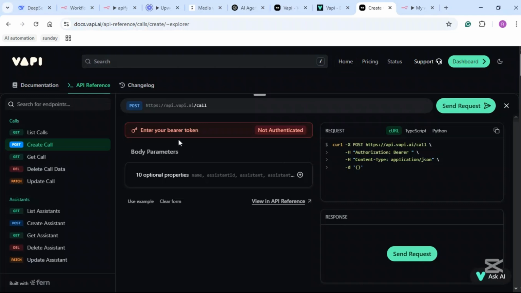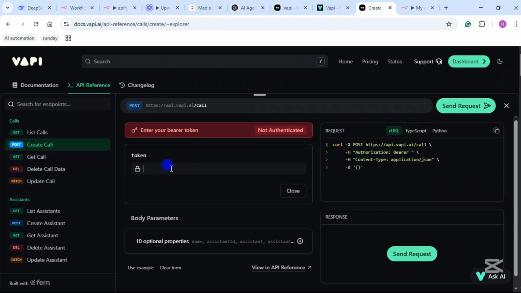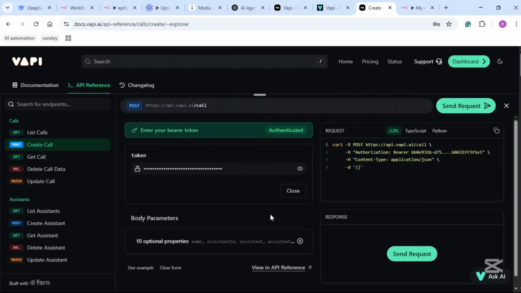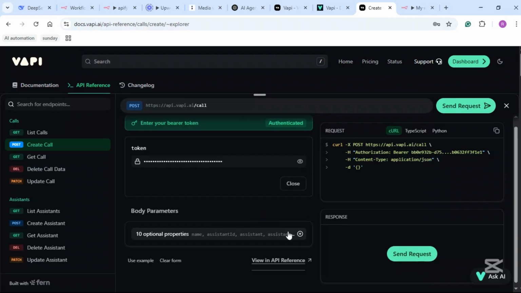And right here, you can see enter your bearer token. This is actually your API key. So what I'm going to do is paste mine. I believe it's this. And once that happens, you can see that it just reflected it here. I hope you didn't see it. If you did, don't copy it and use my credits. I'm going to change it anyway, so it doesn't matter. And the next thing you're going to do